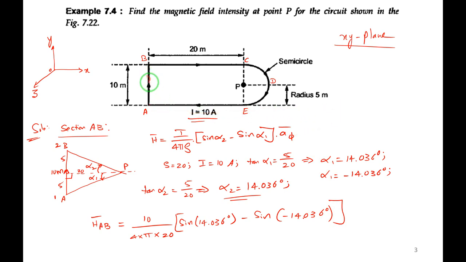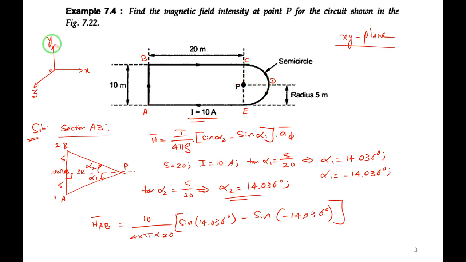Observe here, the current I is flowing in the upward direction. Use the right hand thumb rule or right hand screw rule, right? If I am using right hand thumb rule, the thumb is pointing in the direction of the flow of current. What is the folded fingers? The folded fingers are telling that the magnetic flux lines are entering the point P here and they are going away from the PPT. They are entering the PPT here, right? They are not coming out of the PPT. They are entering the PPT here or board, right?